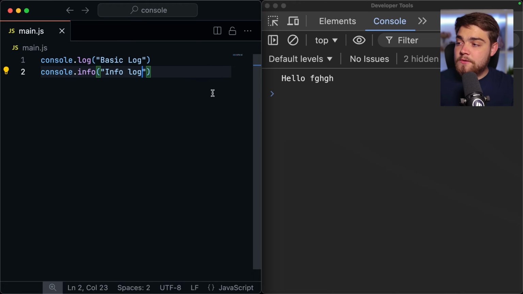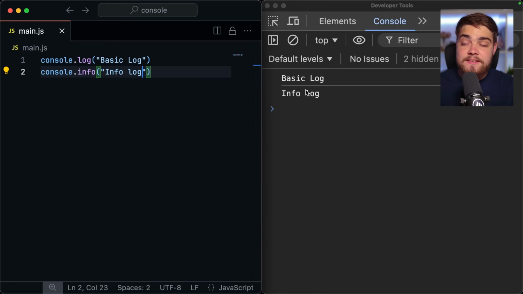If I save this so it runs, what you see is they're going to look like the exact same message type essentially. And that's because console.log is going to be info by default. What you can see here is this is going to be our normal message. Now you'd use the info level when you want to specify something about the normal operation of your application. So maybe you're running a function and you literally just want to put a console.info that says this function ran